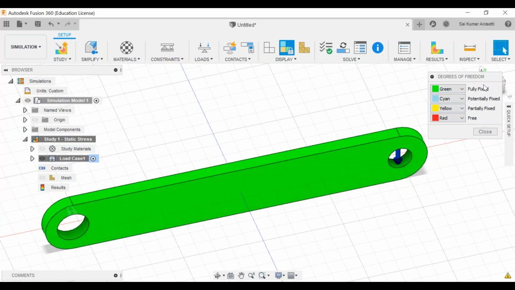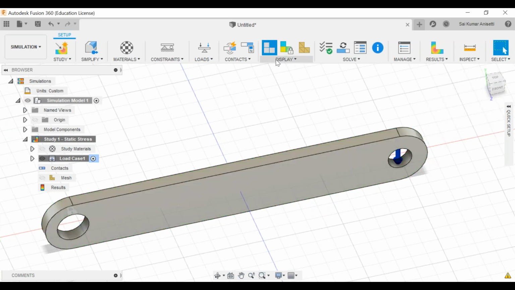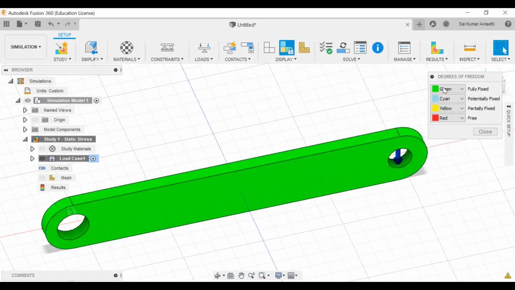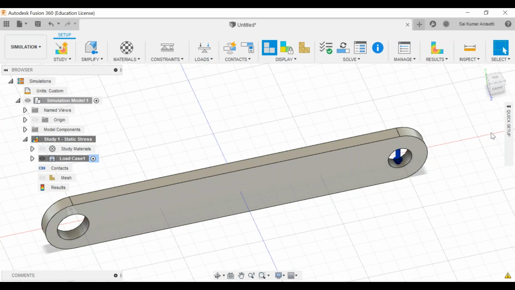Okay, just make sure that you check this, and how you take the screenshot is up to you. This screenshot should be there in your mini projects. Okay, so that you are defining complete degree of freedom. How to see that? Go to display, degree of freedom view, and there that should be turned into green. Okay, it has to be fixed in all the directions. Okay, you can check your toggle mesh visibility directly from here or here. That is up to you how you do it.